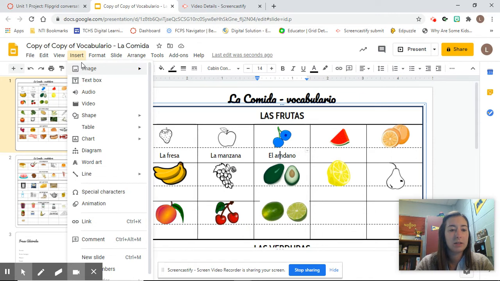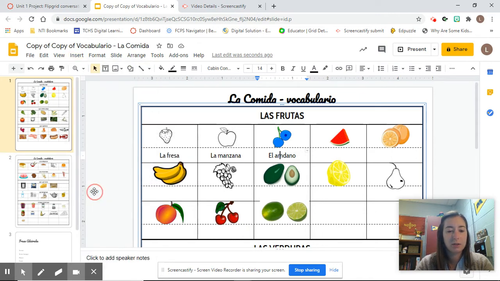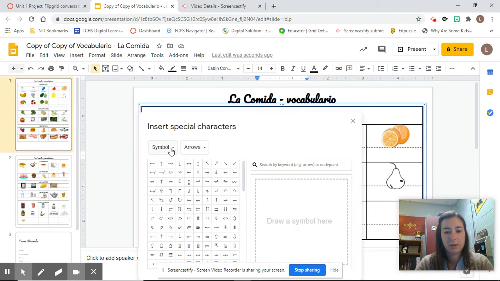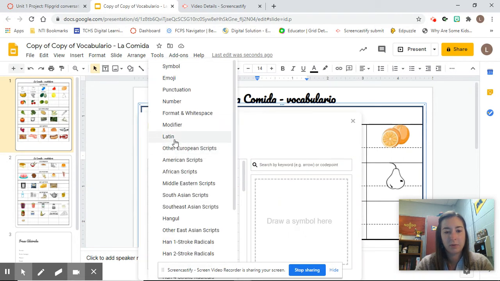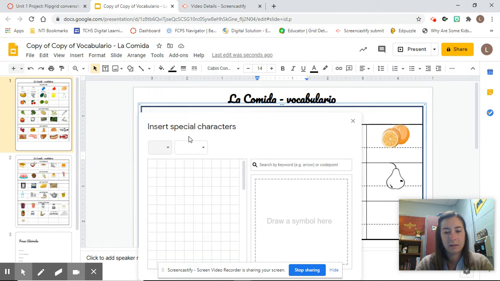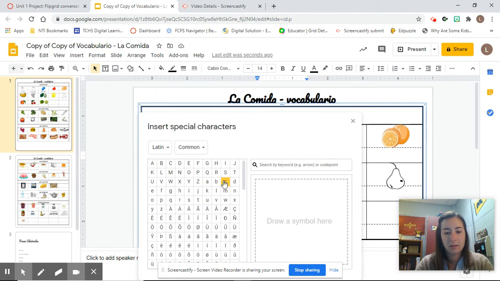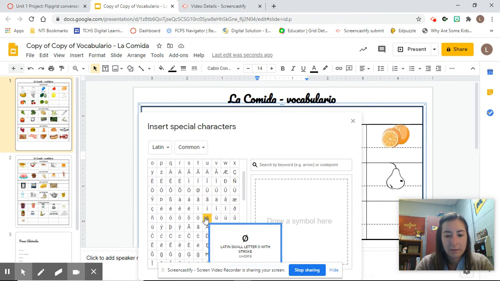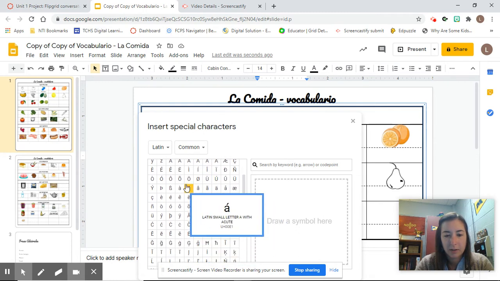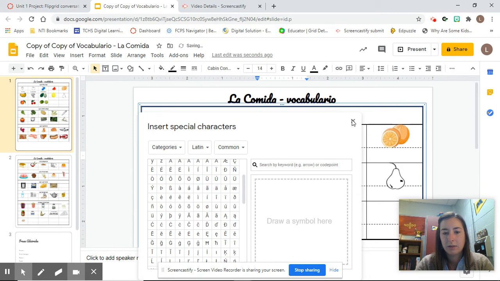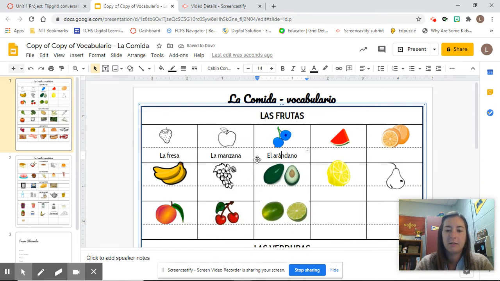You're going to go insert, special characters. You're going to change the drop-down arrow that says symbol to Latin. Then within these boxes, if you hover over a letter, it'll make it bigger so that you can see what they are. You're going to find the A with the accent, click once, and it inserts it. You can get out of this or move it to the side if you don't need it anymore. El arándano, la sandía,